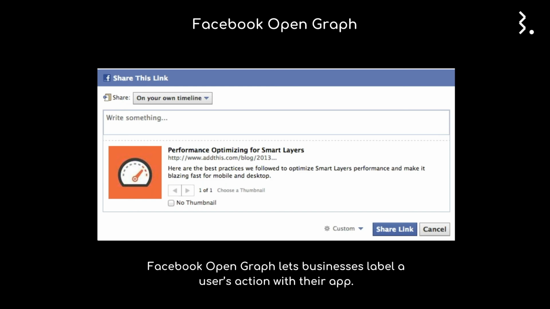The sixth option that we are going to talk about is Facebook Open Graph options. Facebook Open Graph actually lets businesses label a user's action with their app, and billions of interactions are posted on Facebook every day. Businesses can create a third-party app for it that connects to a user and posts a notice on Facebook when a user performs a specific action